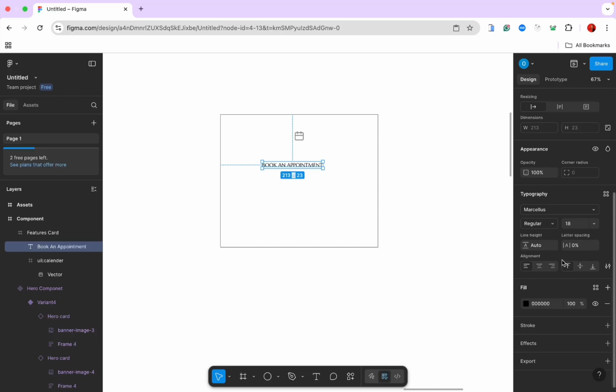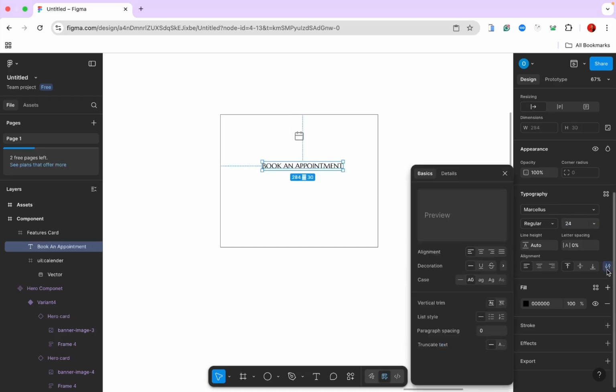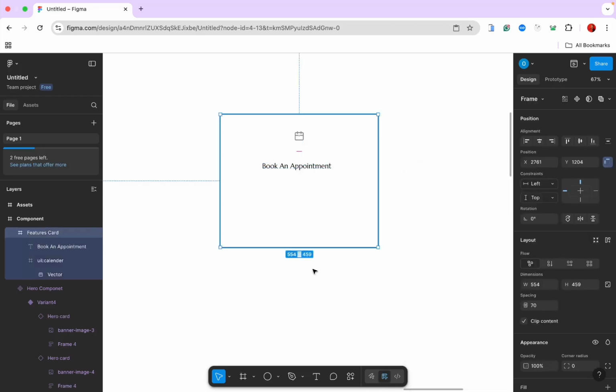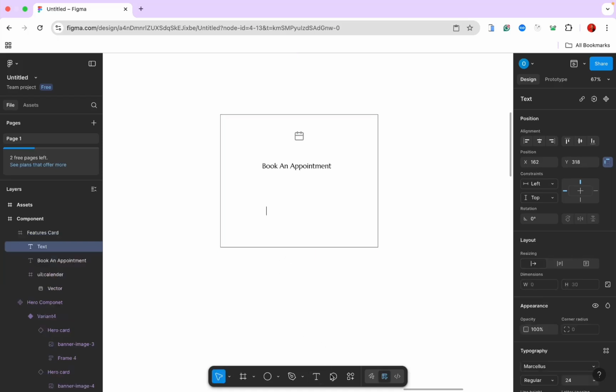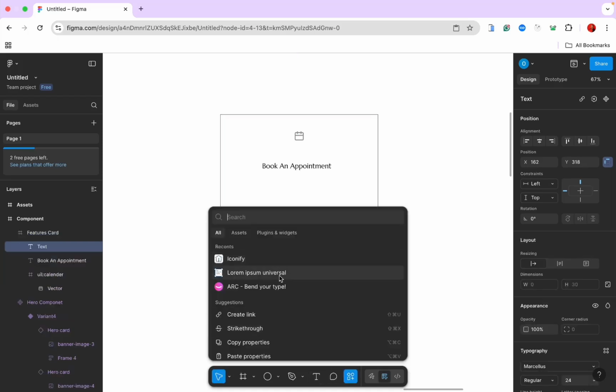For this text, I would like it to be Marcellus. But for the font size, I want it to be 24. So I'm going to make it 24. Here it's going to be title case. I want to add another text. Here I'm going to bring in my lorem ipsum